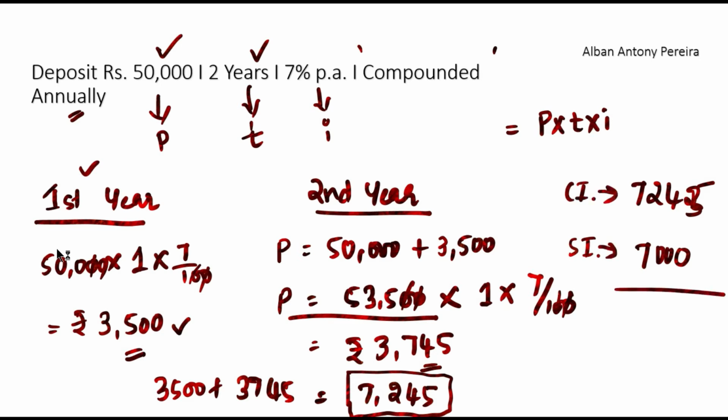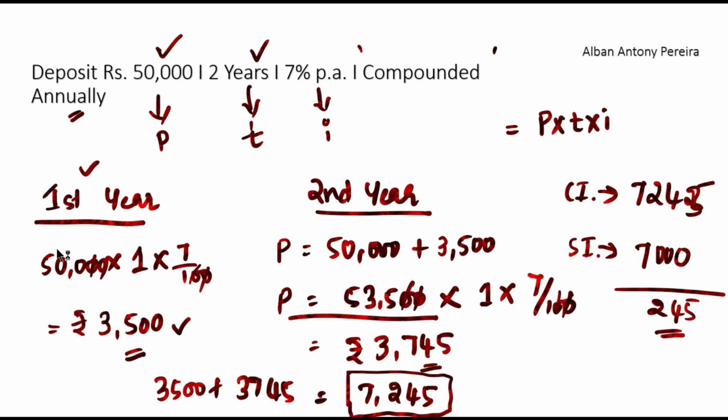So what is the difference? Difference is rupees 245. So if we calculate interest for 2 years at 7% per annum, compound interest wins and we get extra interest of 245 rupees. Isn't this great? So the interest of rupees 245 is more when compared to the calculation done under simple interest method. And now that's why I said in case of compound interest method there is interest on interest.